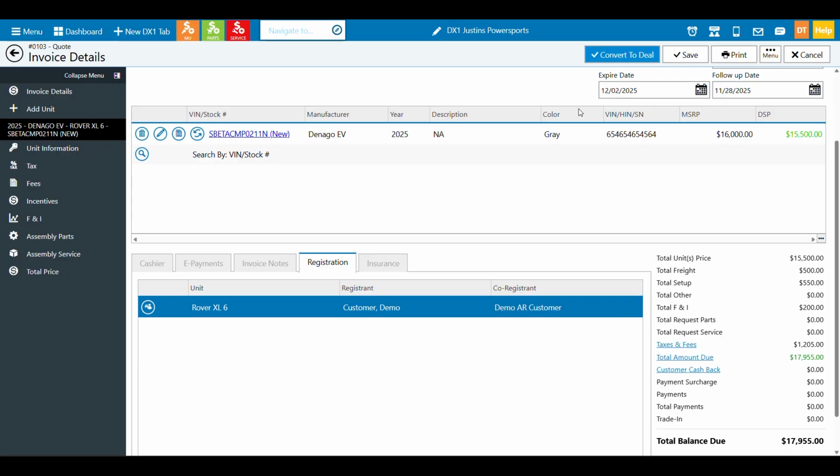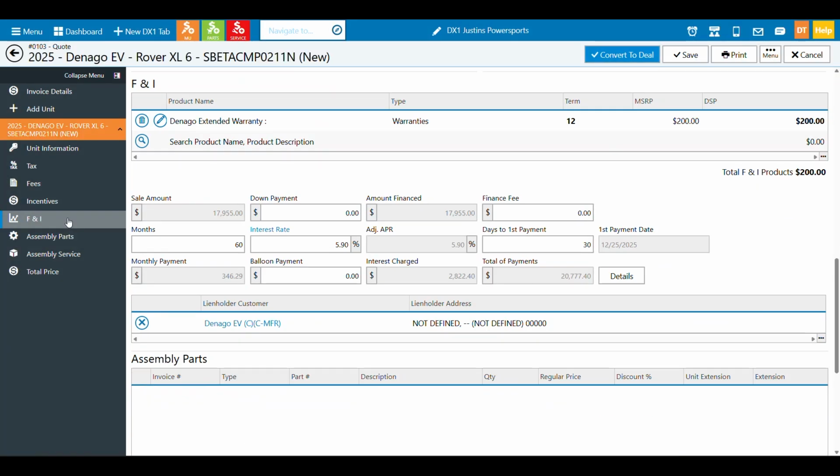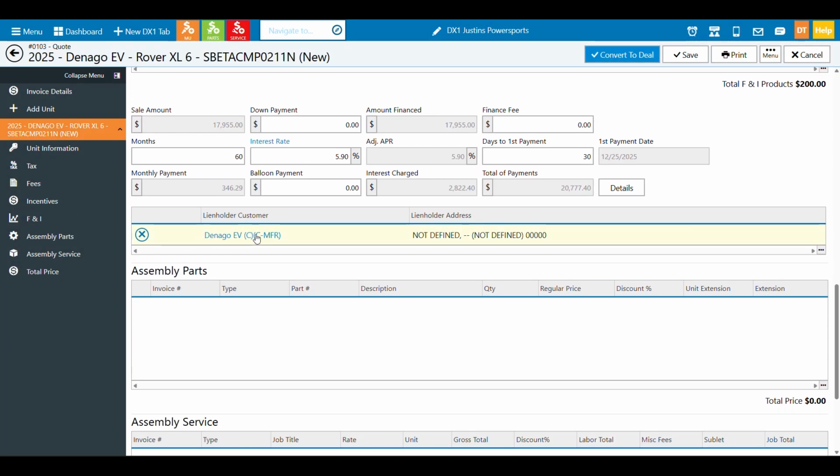Again, the lien holder, the insurance, and the registration information can all have impacts on the forms, depending on what forms they are and what the requirements are of your lenders. So just make sure you understand those three basic processes. To get to registration, I can come to this tab and modify here. For insurance, I can come down and add a company and an agent from that side. And if I need to add a lien holder under F&I, I can come down here, search a list of lien holders that have been set up, and add them to a deal. Pretty simple spot to do.